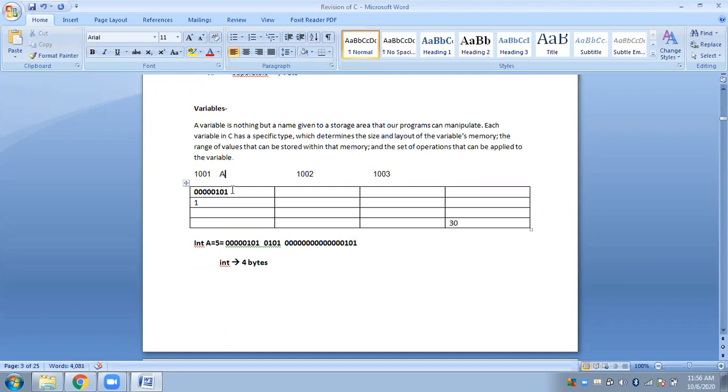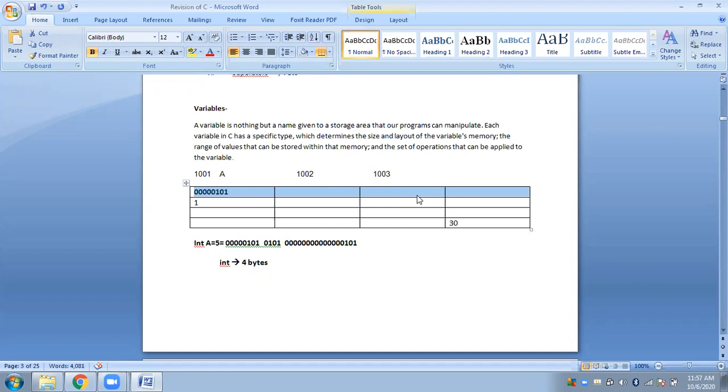not only this particular cell, but a represents the entire row, because I am reserving memory location for storing an integer value. So an integer is always 4 bytes, so this entire 4 bytes will be represented by a, okay, and whatever value I will be storing, that entire value will be stored in this particular row. Now, I'm asking you something that I can store using only 4 bits or 8 bits. Is it necessary for me to store it using 32 bits?